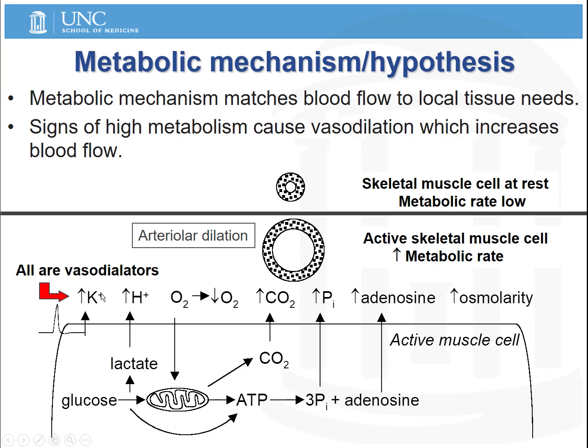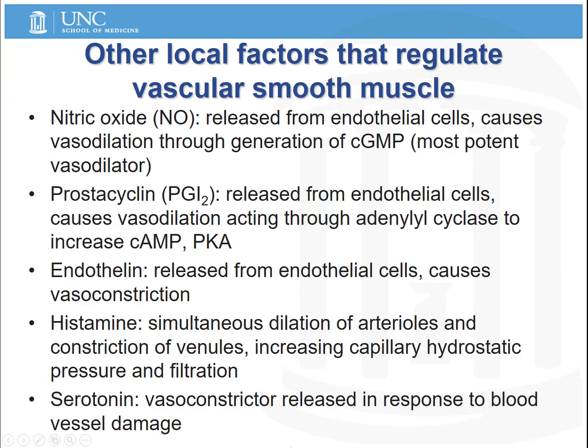So tissues really vary depending on which of these metabolites is primarily responsible for vasodilation. But in the coronary circulation, it is most sensitive to adenosine, to carbon dioxide, and to hydrogen ions. And there are also a wide variety of other vasoactive substances that aren't involved in autoregulation, but that alter vascular resistance and therefore alter blood flow and oxygen supply. This just gives examples of a few of them.